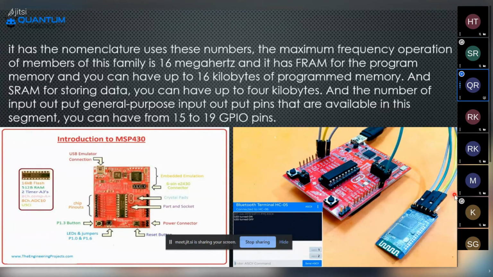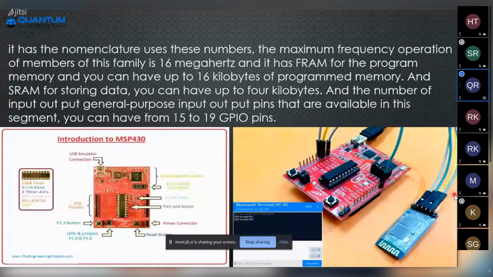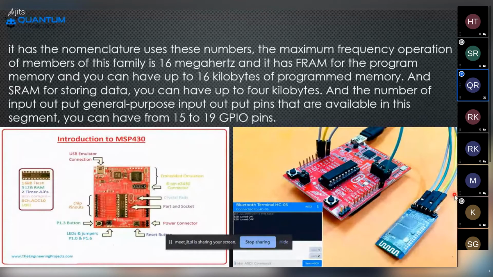You connect the receiver to the transmitter of the module, and the transmitter to the receiver of the device. These two connections are interconnected.